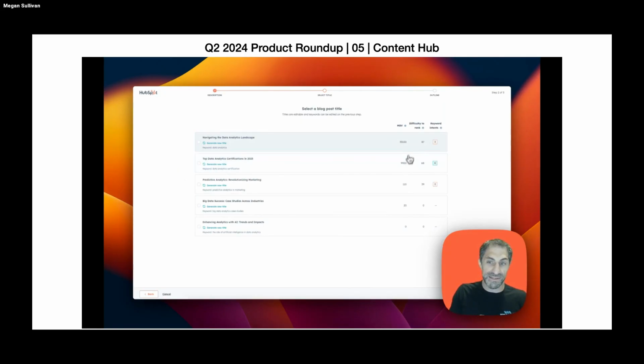I have high search volumes. This one, high search volume, harder to rank for. This one's a little bit more medium. But then also I see the intent. So I have these different intent signals around informational intent, commercial intent, transactional intent. And these align very well with the different stages in the buying process. So this shows me if this is an awareness stage, or kind of an earlier stage of the buying process, they're probably an informational intent. They want to learn more about something. Or if they're doing research